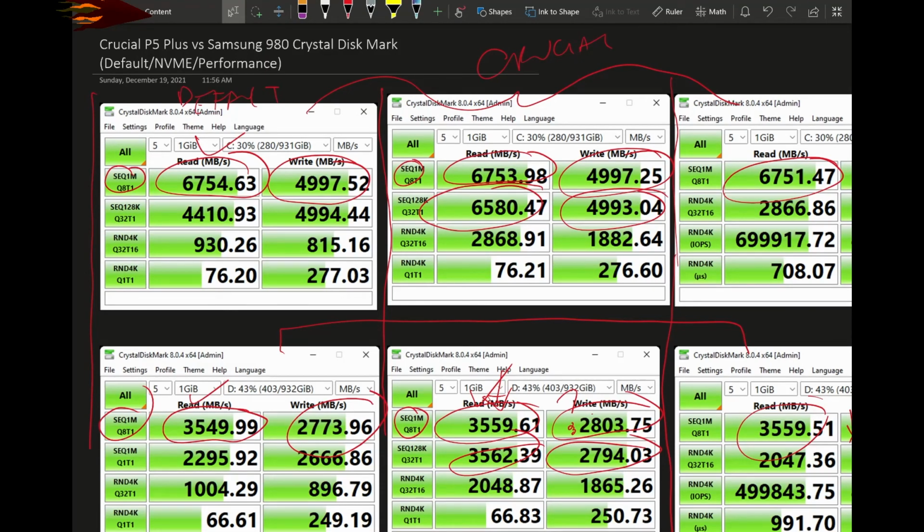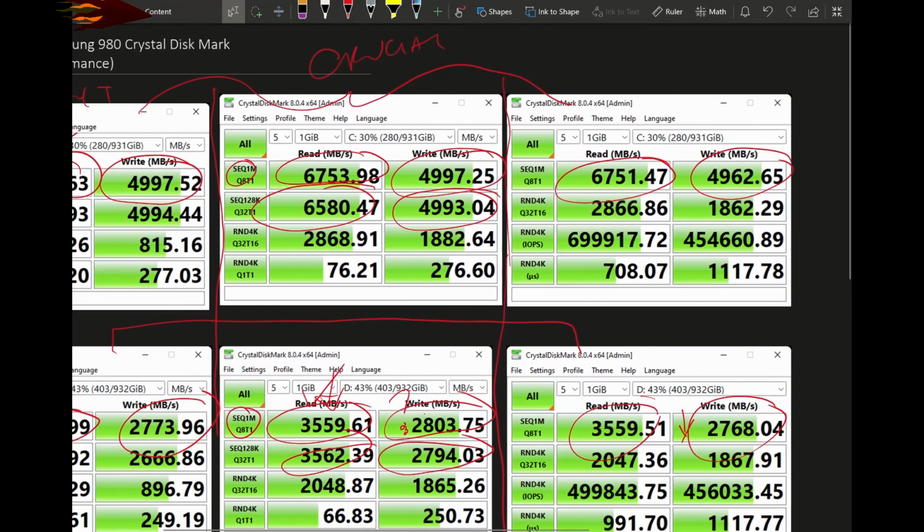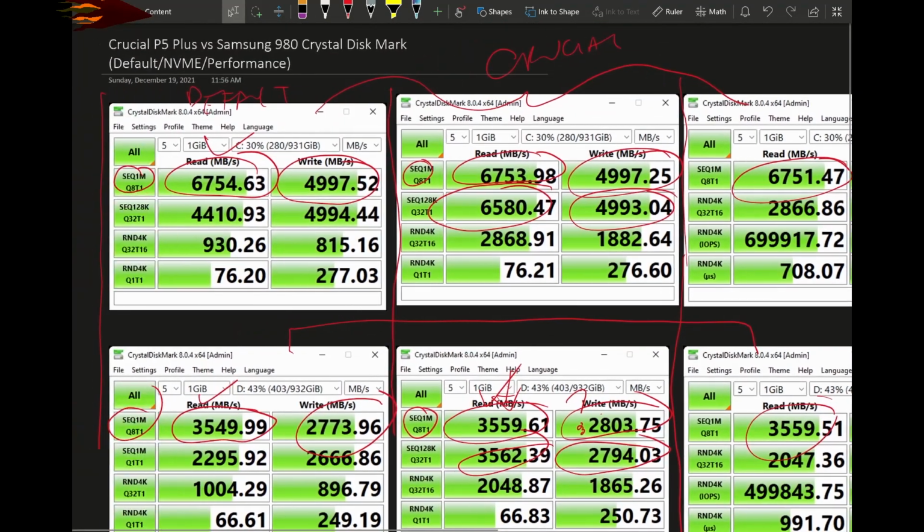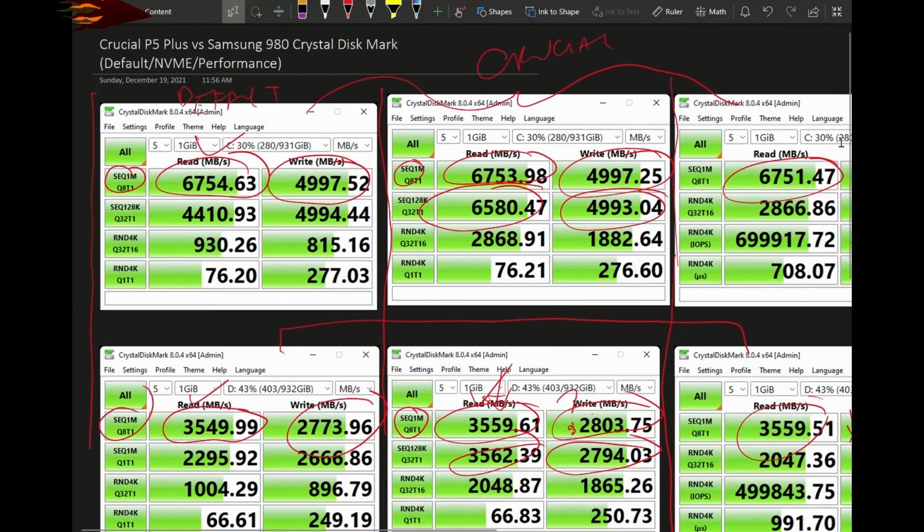CrystalDiskMark benchmark. And for me, both Crucial and Samsung look like they're running good. On the read part here, they're exceeding what they said. The write part, Crucial is hitting it there. It's literally right there. But the Samsung's write speed on this benchmark is just a tad lower, but still, I'm happy, and let's move on to the